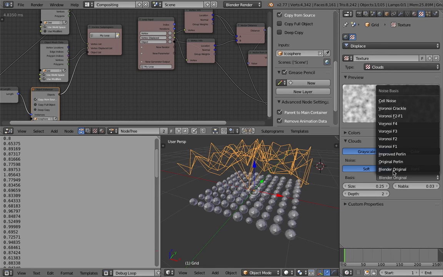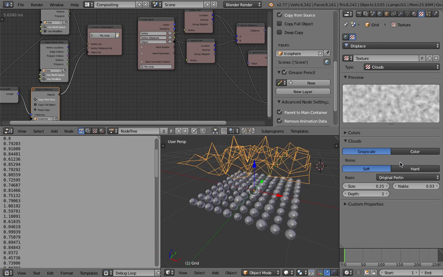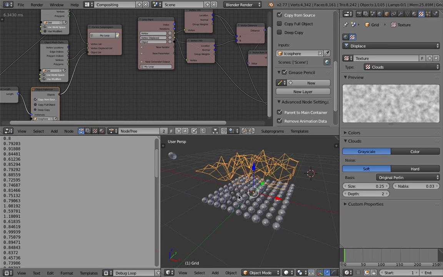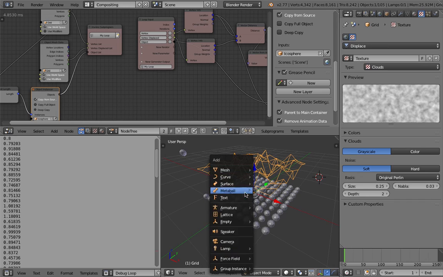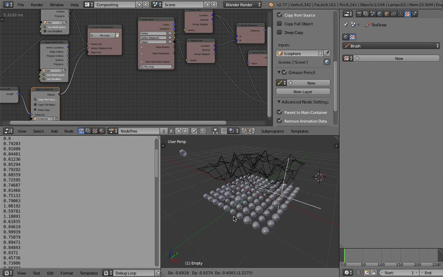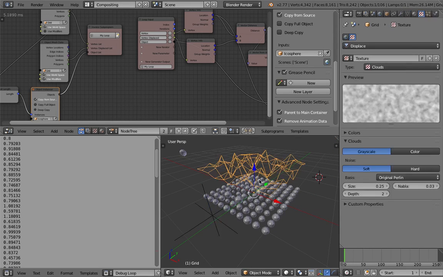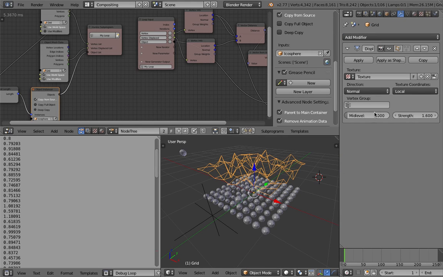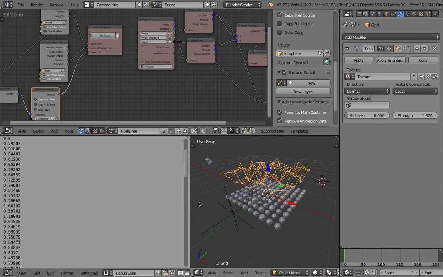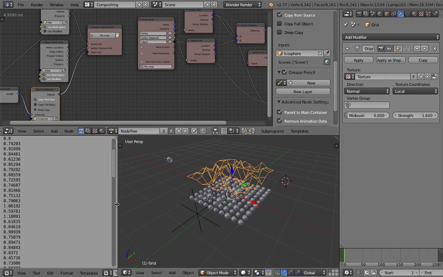Is it Perlin? No, it's Blender Original. You can change it to Perlin. Perlin is probably slightly more complex. If you use an empty, for example, to drive the texture position, that's the thing that I always do, and it's a cool trick, and it's always fun to show this to people.